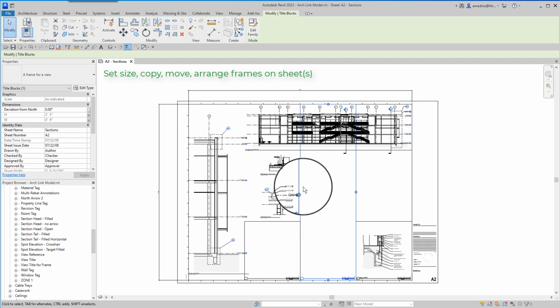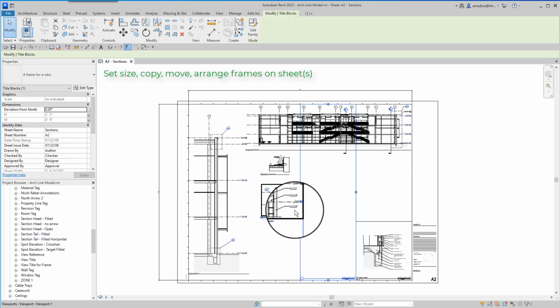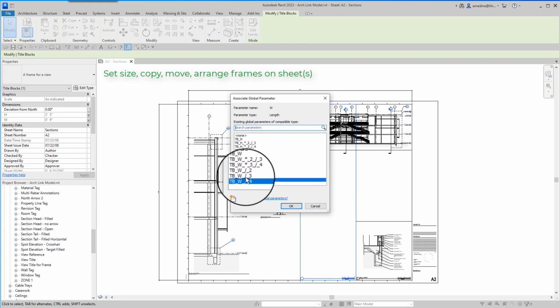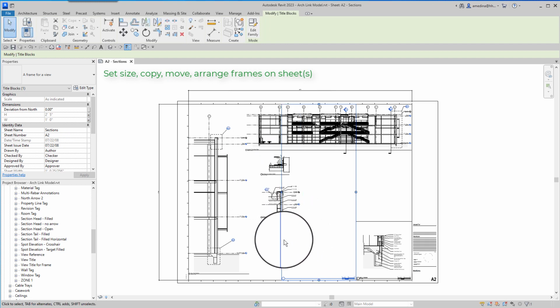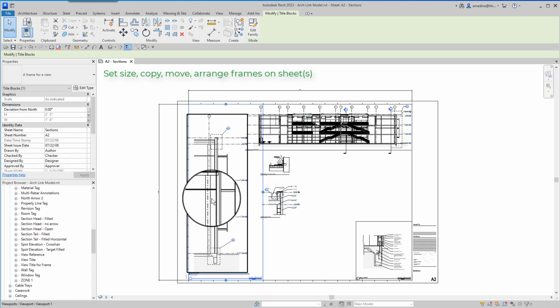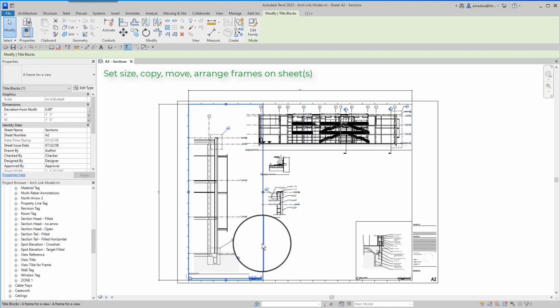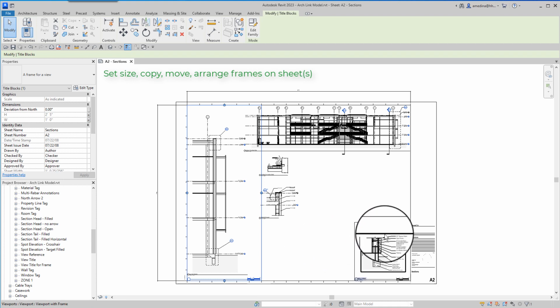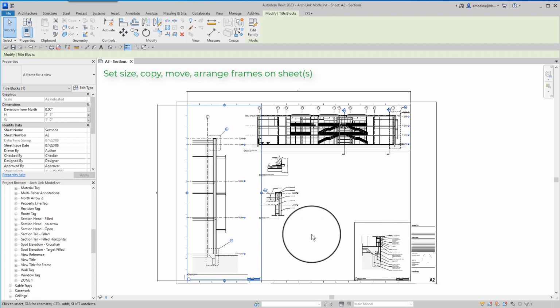And if this viewport were going to be a wall section, most likely the width would be 1/3 of the page. Notice that this is usually a good size for a wall section. And if you have 3 wall sections on the page, you can copy the frames easily to arrange the viewports on the sheet.